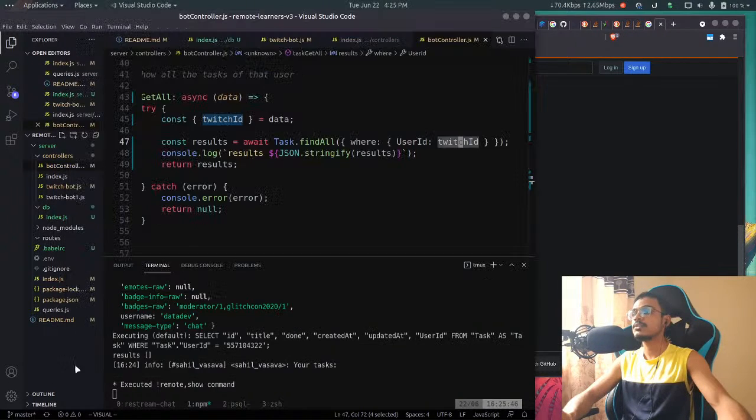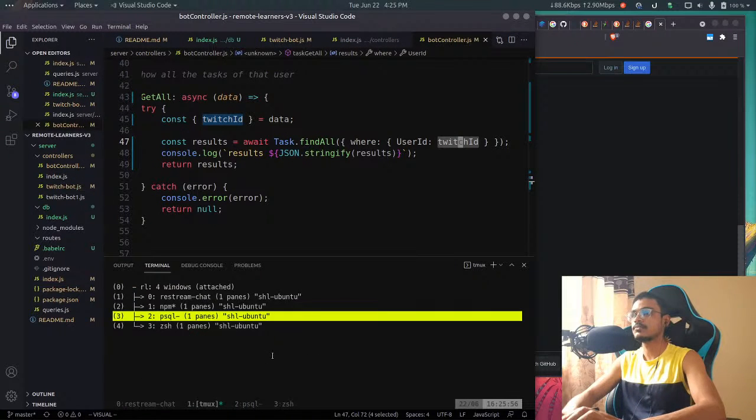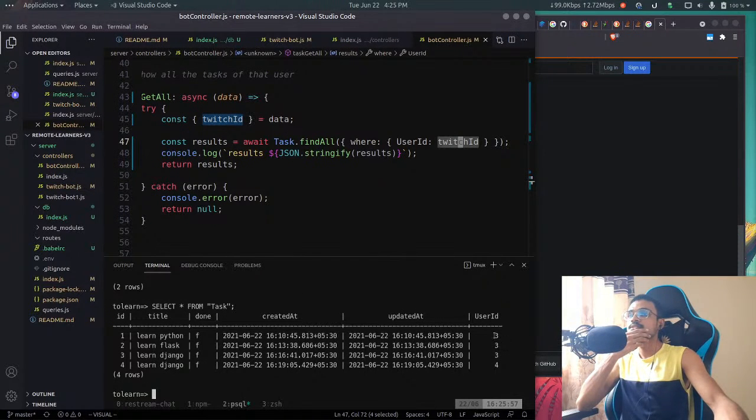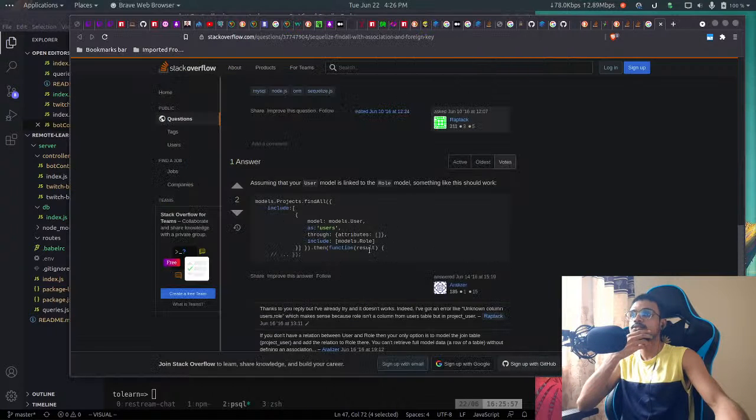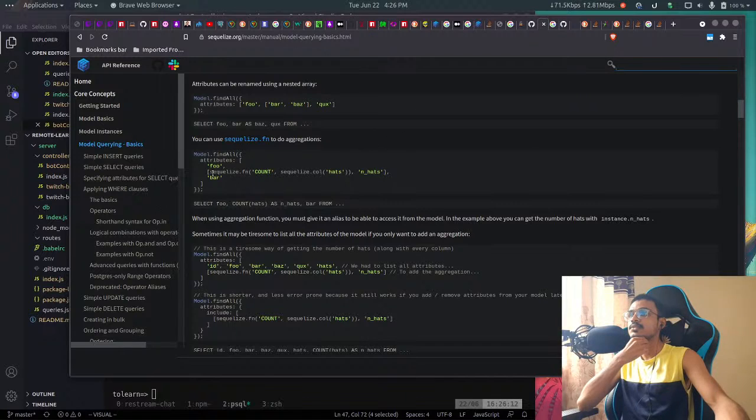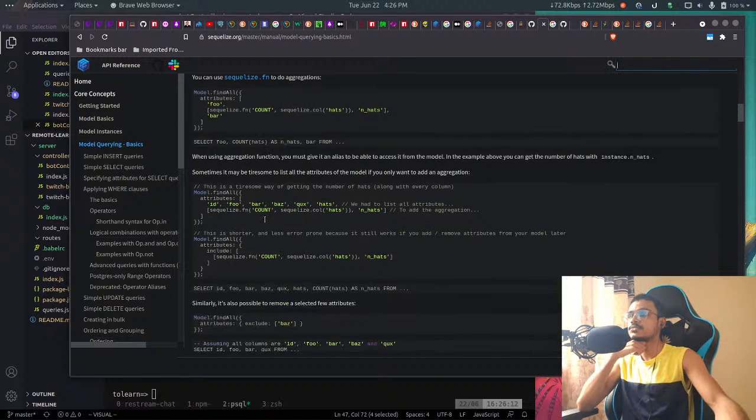Yes. So that was what I was worried about. I mean, see here the user ID. I don't know if I should just save the user ID. It should be a reference, right? I don't know. So using this include, is there something mentioned